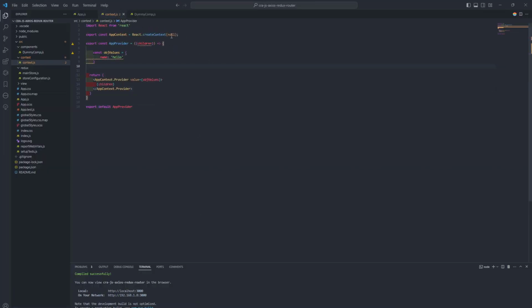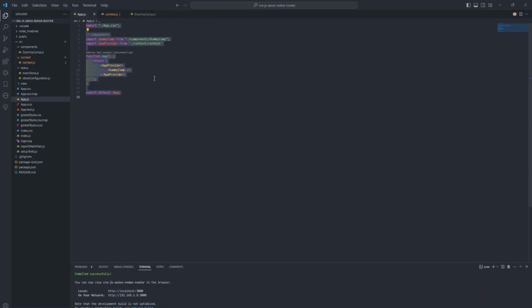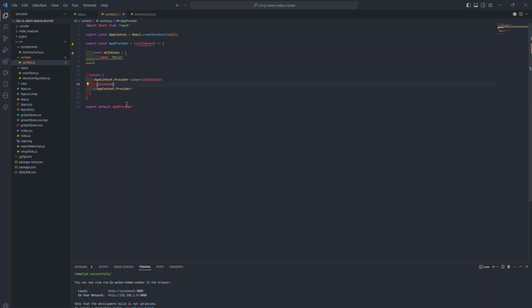You create a context through React Context. Once you create it, you put the app context provider here, and then you put children. So you are no longer importing anything into it. What you do then is simply import the app provider, which is this